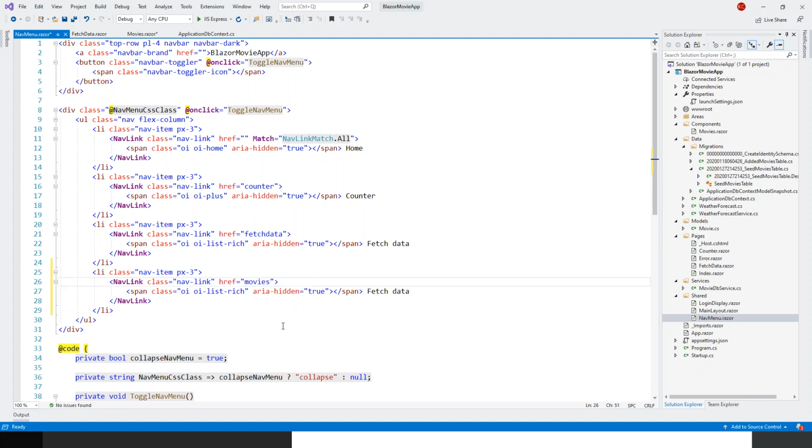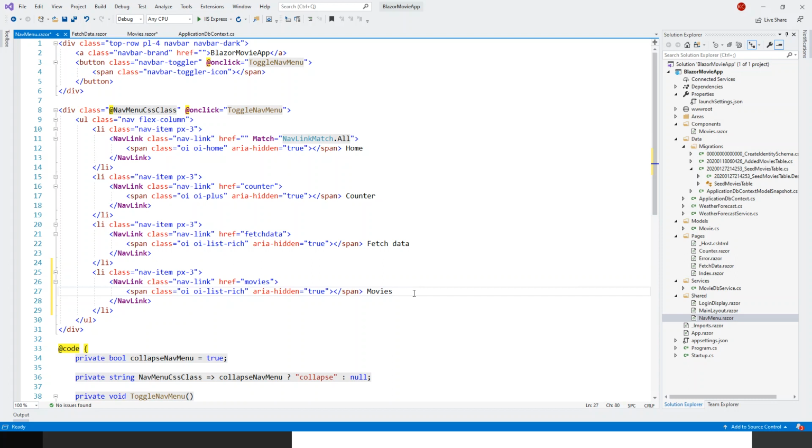Its URL is referring to the movies, so after the localhost slash movies, that is the URL routing, and call this movie, just movies,